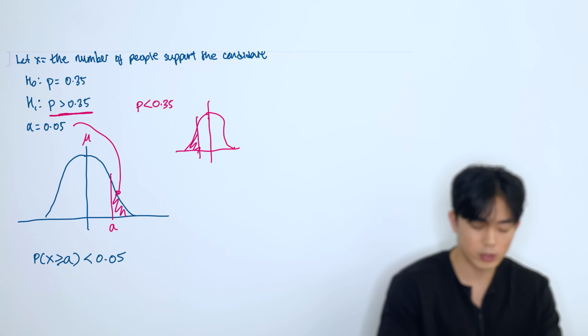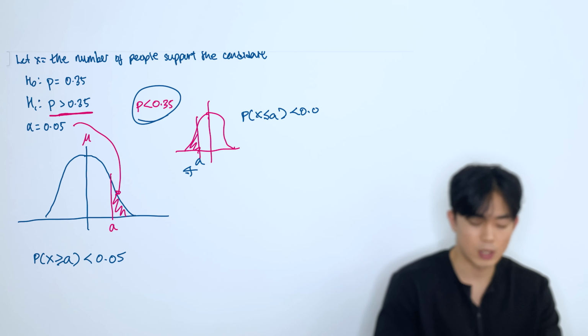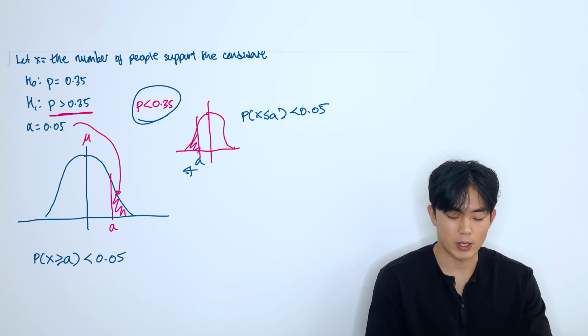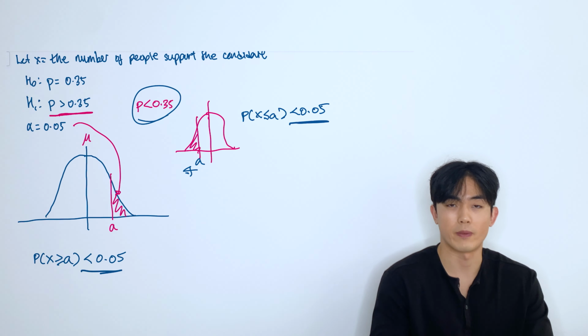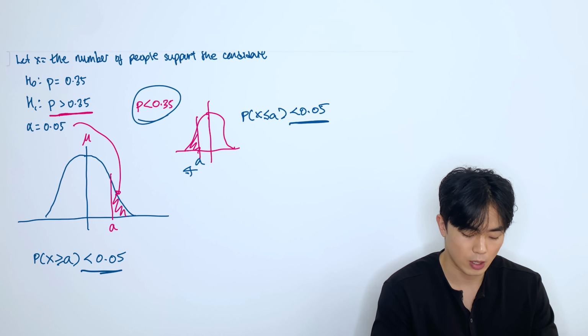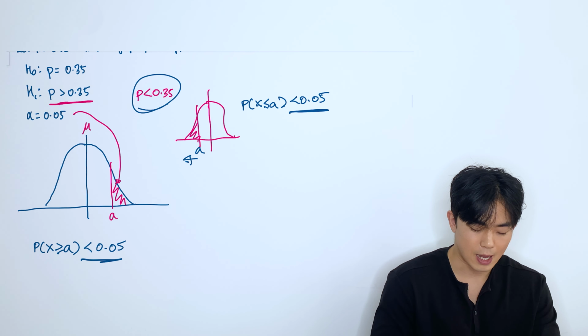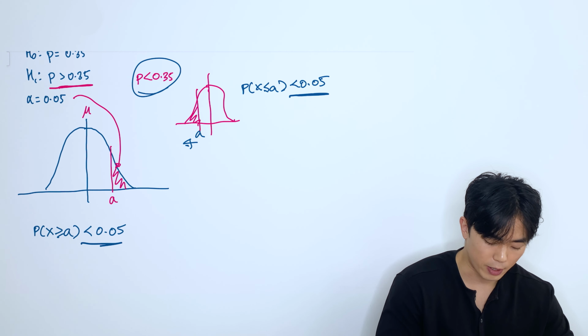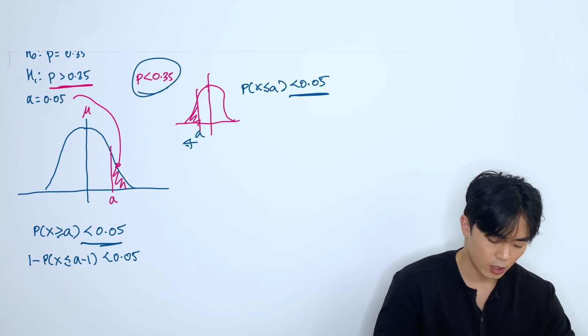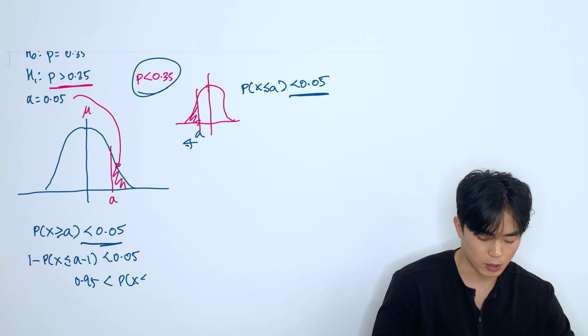If, for example, I was looking at this other example here, let's call this one A, then the probability of X less than or equal to A, because this is going to be less than, would also have to be less than 0.05. So the positioning doesn't affect whether it's bigger than or less than 0.05. It just depends if it's less than or equal to A or bigger than or equal to A. So in our case, we're bigger than or equal to A. So now I could go about rearranging it. 1 minus the probability that X is less than or equal to A minus 1 is less than 0.05. So therefore, the probability of X being less than or equal to A minus 1 has to